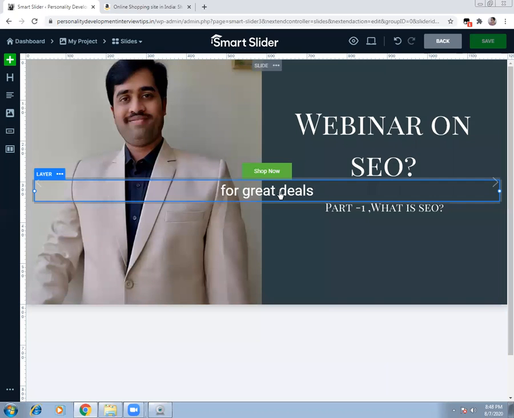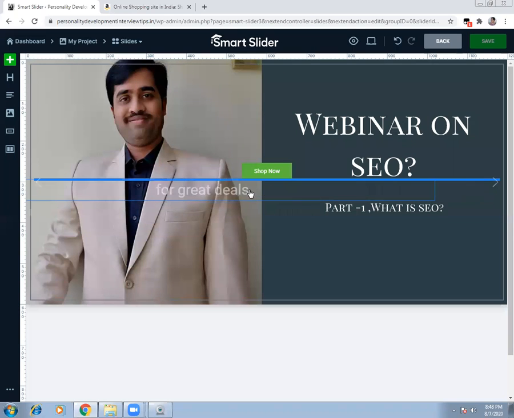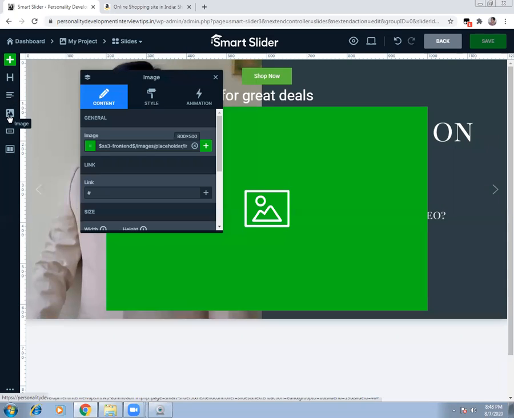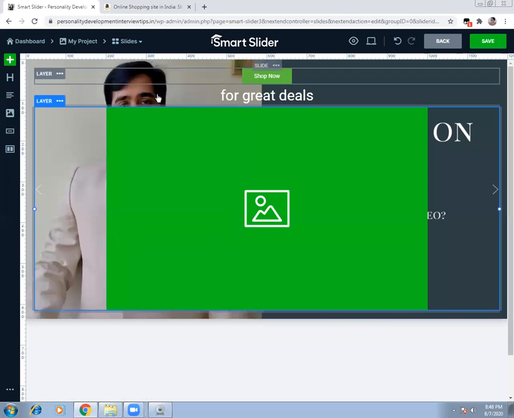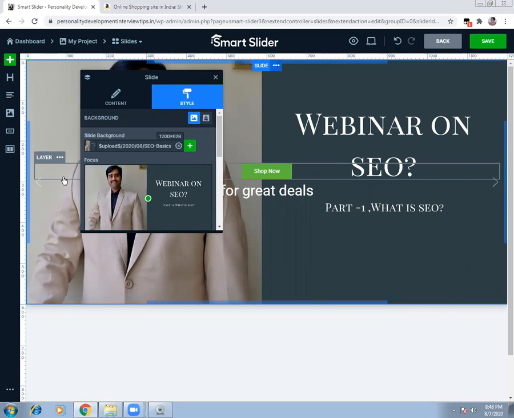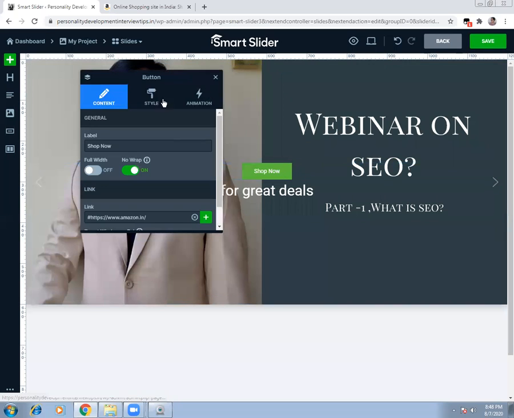If you want to increase the size of the text, you can simply select it and increase the size by selecting the size in the heading section. And you have various other control options like images. You can put some images. It is asking you what image you want to insert. So you can select something and insert the image. These are certain other things that you can do. But since I don't want them, I'll go to the layer and say delete it. The image layer or whatever it is, I don't want all these things. So I can simply delete all of them.